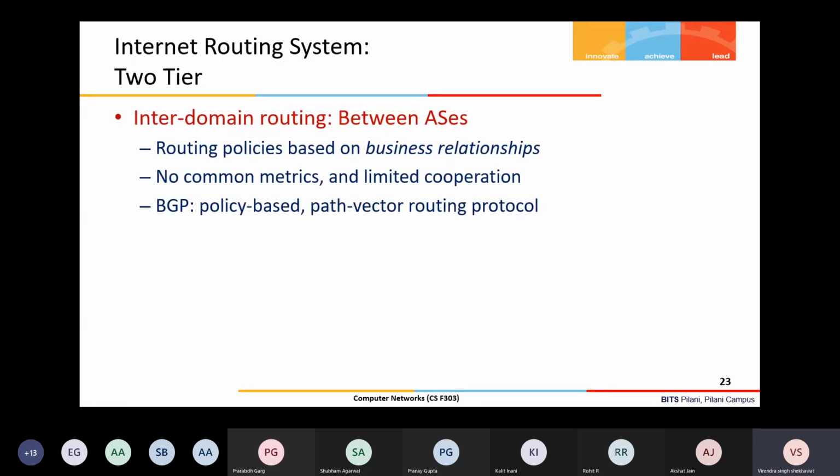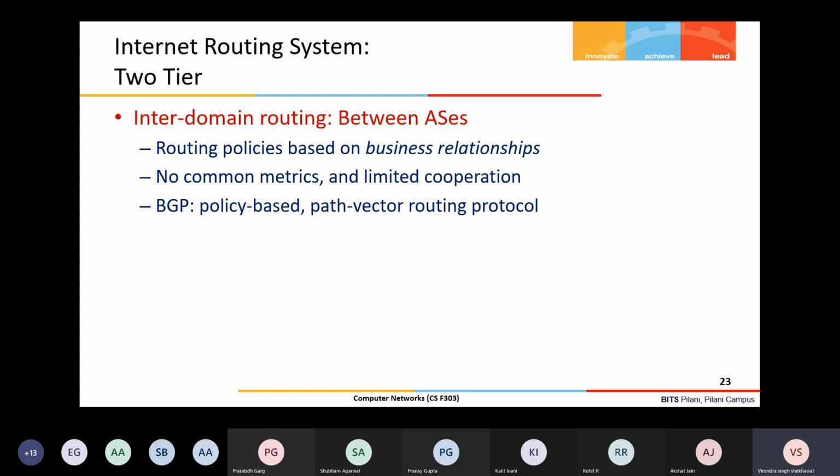But you know that, okay, your internet is basically a network of networks, and these networks are in the form of autonomous systems. Multiple autonomous systems are there. Within an autonomous system it is fine. Across autonomous systems we also require some routing, because a client can be connected at one autonomous system and the server can be connected to another autonomous system.